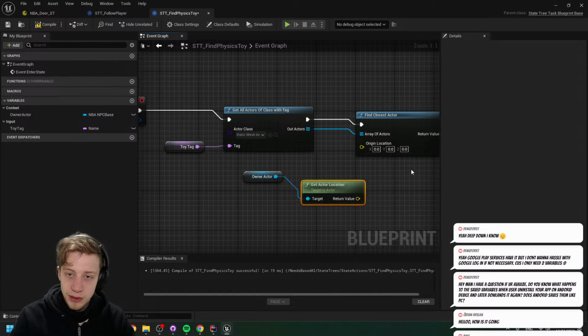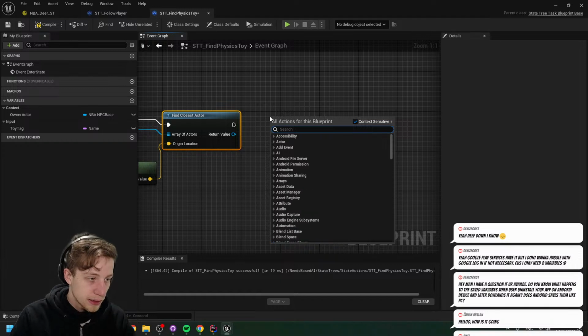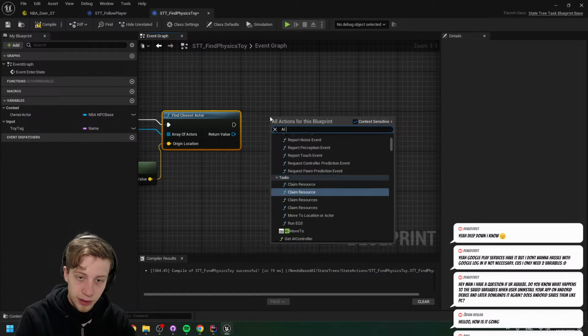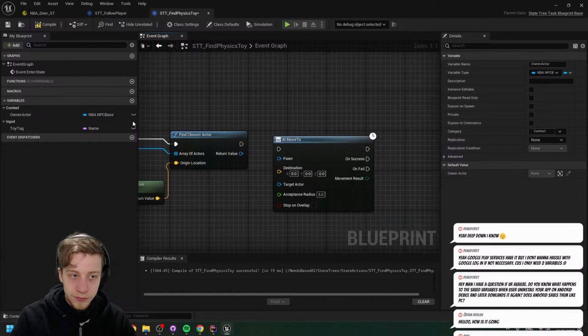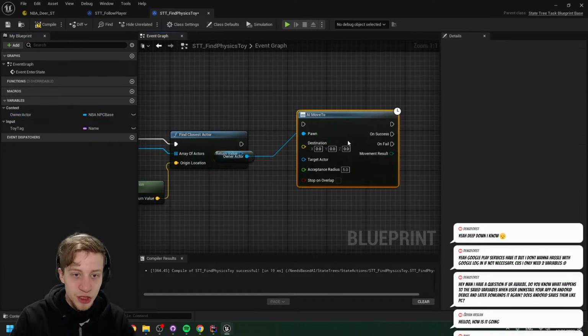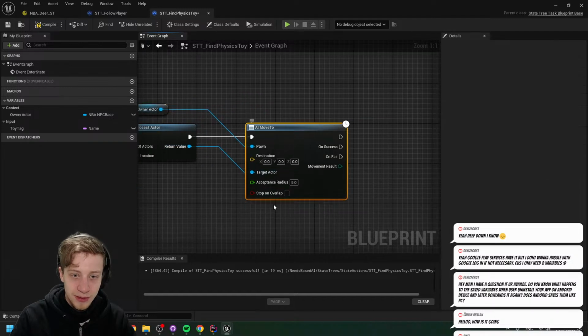Get actor location. And that's our target actor. And with that we can call our AI move to. And AI move to is gonna move which pawn is gonna be of course our owner. And then this is the actor we are moving towards. This was like, I don't know, I actually want it fairly low, it's like 20.